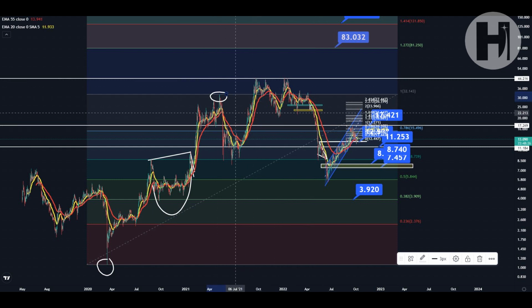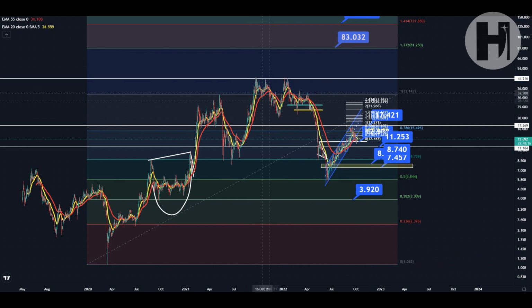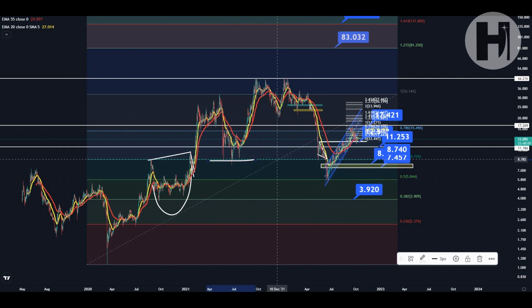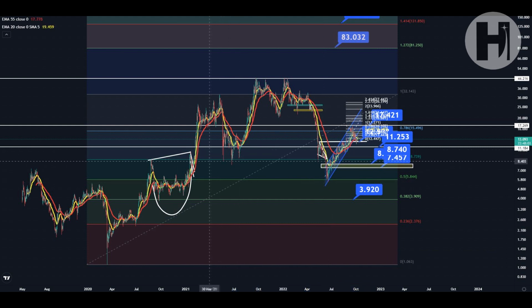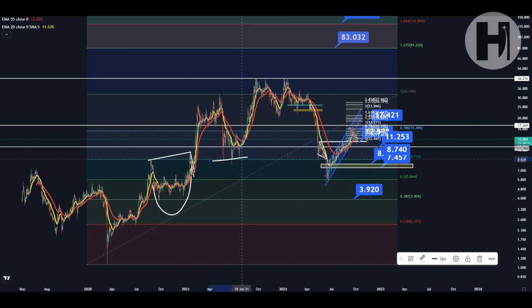But I may look for a different Fib retracement here. We'll see about that, and I may just start another Fib retracement from this low to the swing high there, but I'll do that for the next video. For now, we're just looking at this Fib because it is still valid, because the levels are still holding very well.